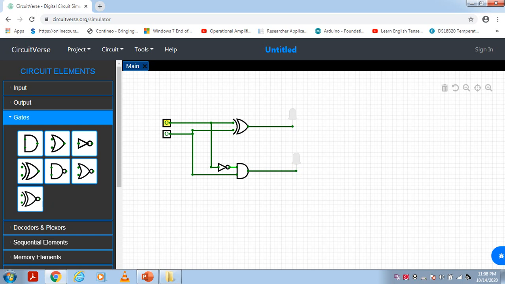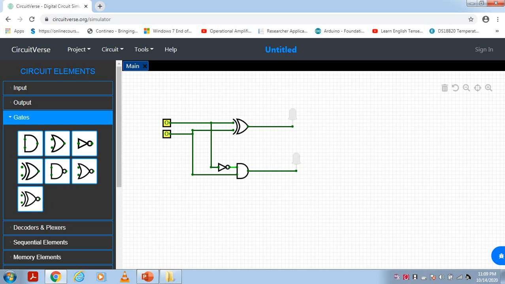The logic diagram of the half subtractor: one XOR gate, one NOT gate and one AND gate are required. The output of the XOR gate is the difference, and the output of the AND gate is the borrow. For the truth table, the 0, 0 input combination gives difference 0 and borrow 0.